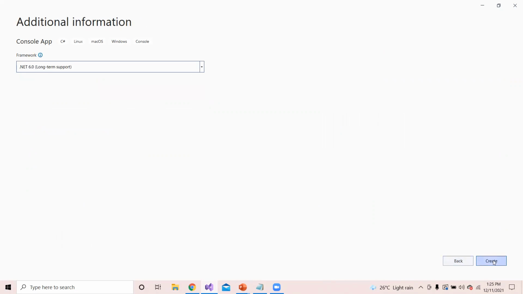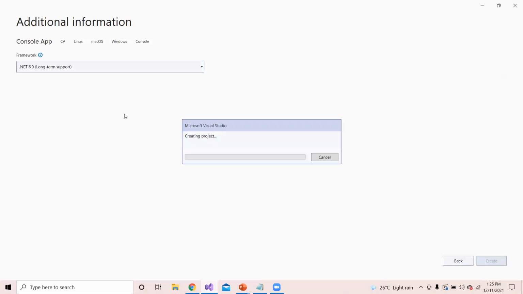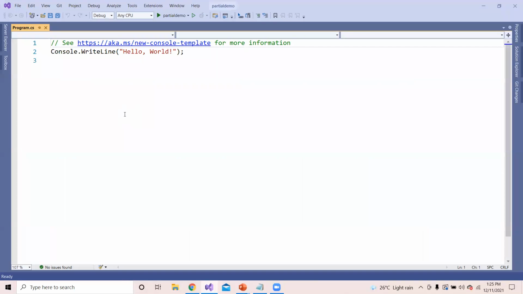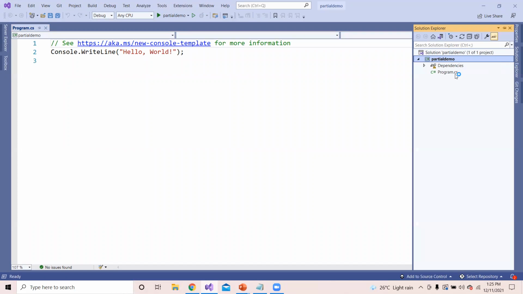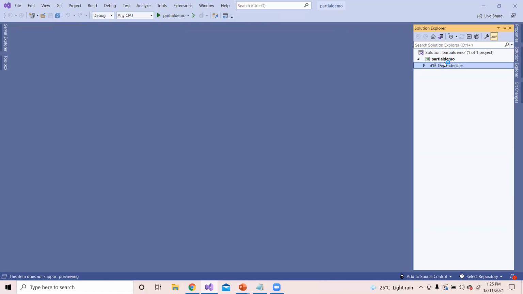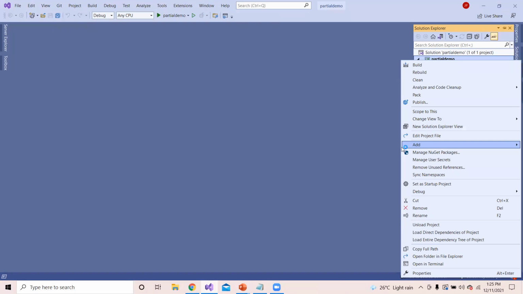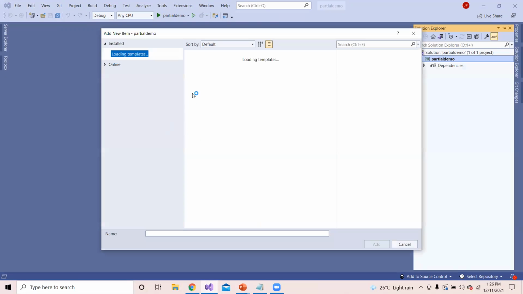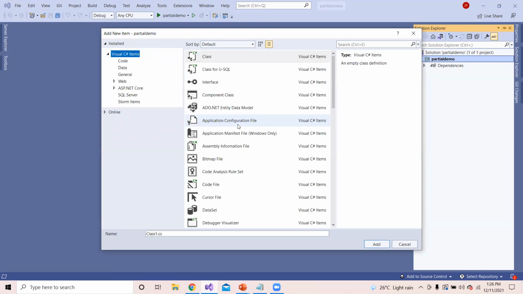Currently, it is using .NET 6.0 long-term support. Okay, so I will do one thing. I'll just delete this Program.cs file. Let me add a new class file.